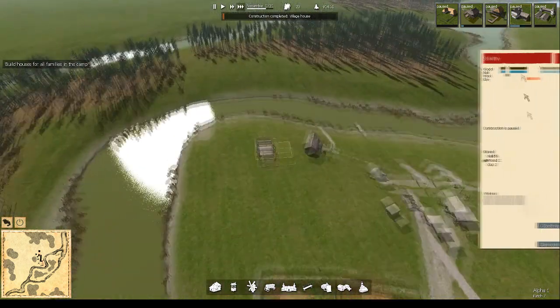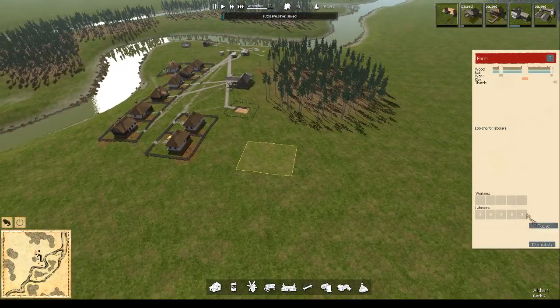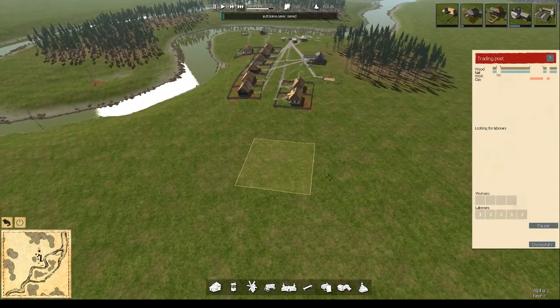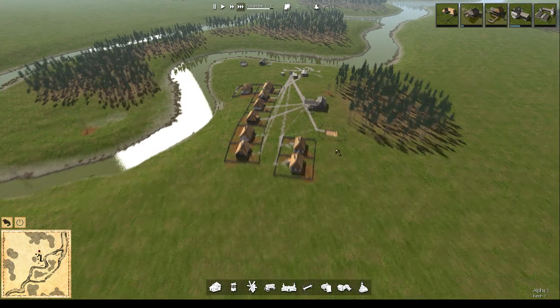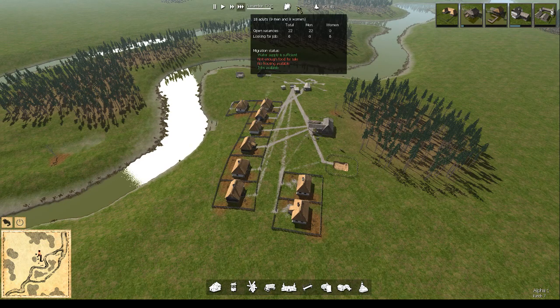Plenty of time. So now let's unpause some of these. We'll unpause the smithy first. We can unpause the farm, the boat shed, and the fishing shed. Well, we can actually do them all. And let's get going. And now that I've kept 100% of my citizens through the winter, which is great,